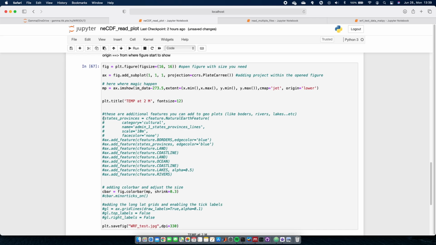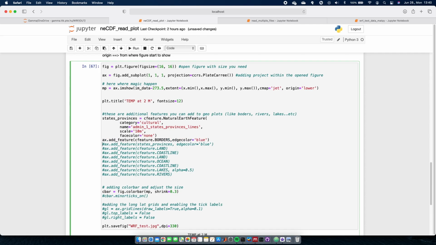So next I would like to give some boundaries, then I will understand where I am located and everything. This data is the north part of India, I have simulated the model and I would like to see how it looks. So I will give this back and comment out, and I will give the features of my borders and state provinces.